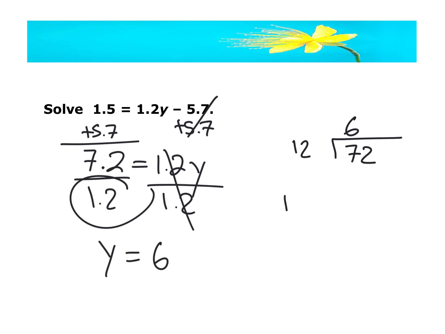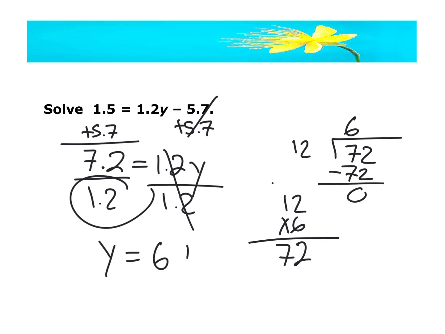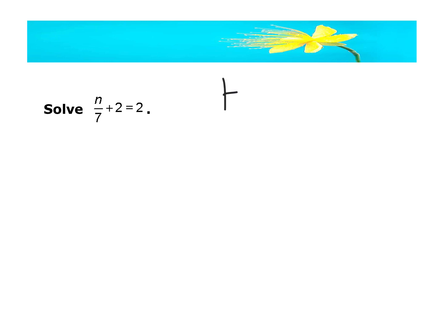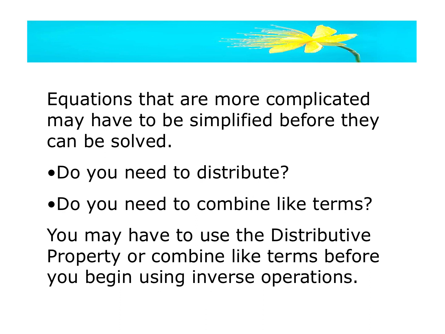Now, just to finish the division to prove it to you guys, 6 times 2 is 12. Carry the 1. 6 times 1 is 6, plus 1 is 7, 72. And they match, so your answer is 6. Guys, this one, do it for homework. I want to go